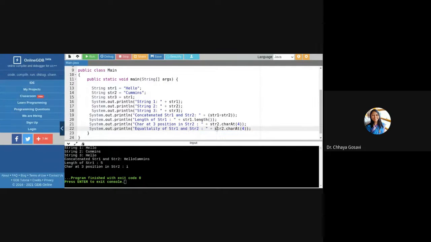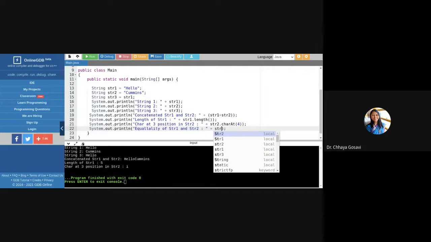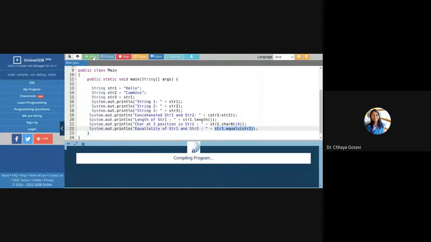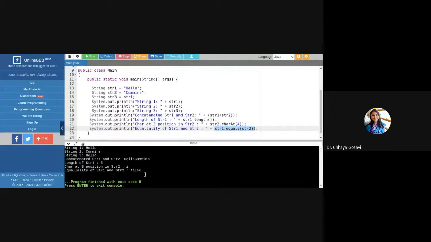To check whether two strings are equal or not, there is a function equals, and to call this function we need one object. So str1.equals(str2) will print true or false depending on whether these two strings are equal. If these are equal, it will print true, otherwise it will print false. It's printing false because str1 is hello and str2 is comments.